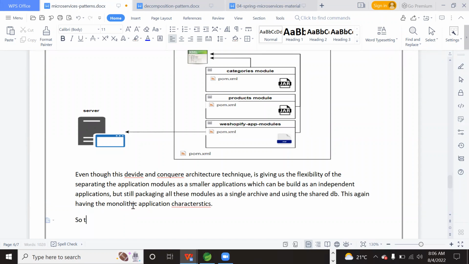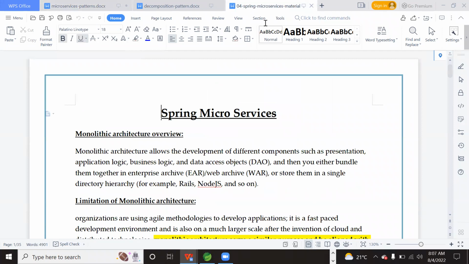So to further resolve the monolithic limitations, in 2014, let me just go to this microservices material.